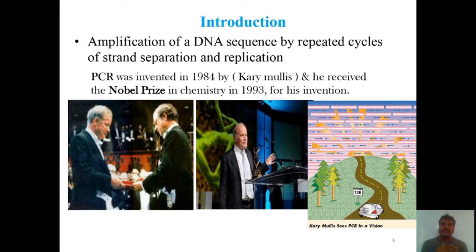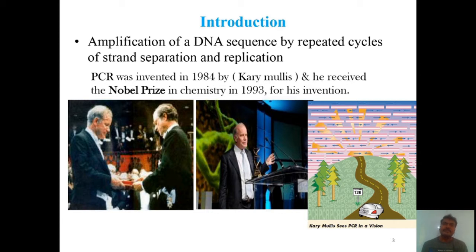It will take longer time, so you have to identify your gene of interest and make a recombinant DNA that is then introduced into the host cells. After introducing, you have to incubate it overnight, so it is time consuming and laborious. So we go for PCR. Within an hour, we can get million copies of DNA.